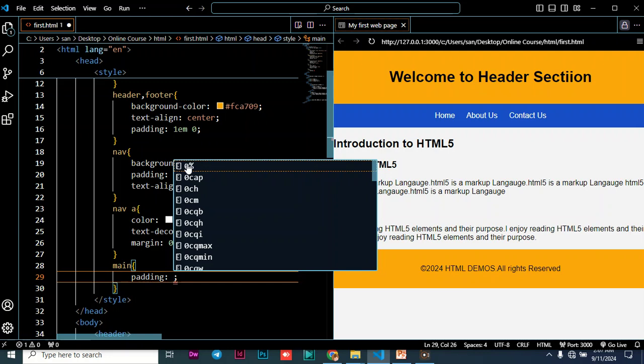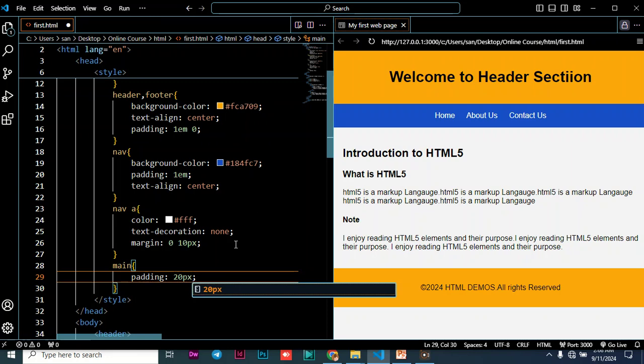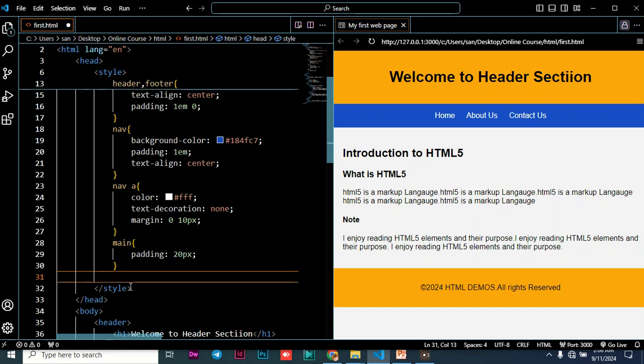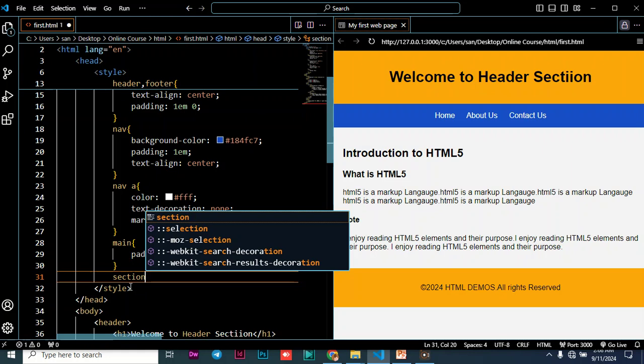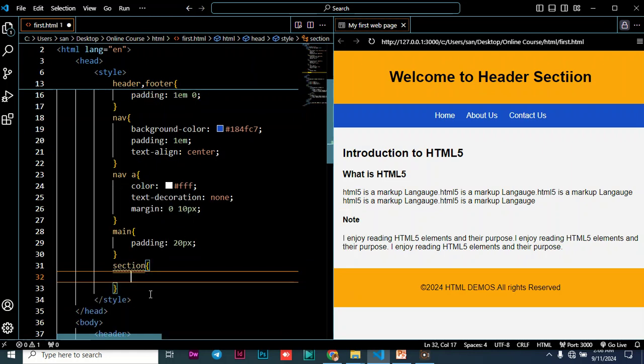Padding for the main part is going to be 20 pixels. 20 pixels for the padding. Yeah, so everything is falling into place just by using CSS. You can see that everything is just falling into place as we go by. Just try and error, and then you can see how your website will be able to look very nice up